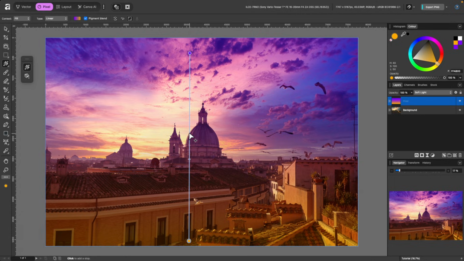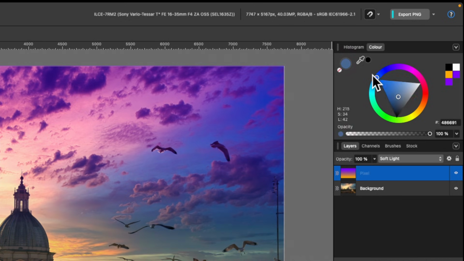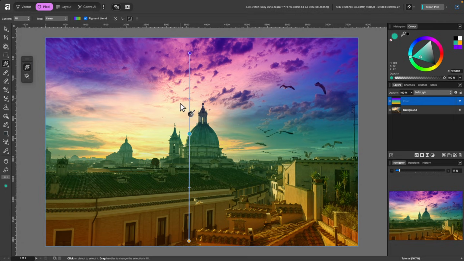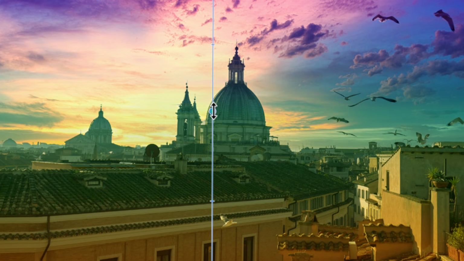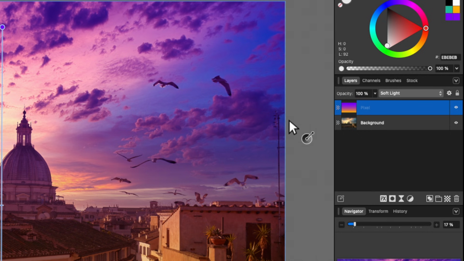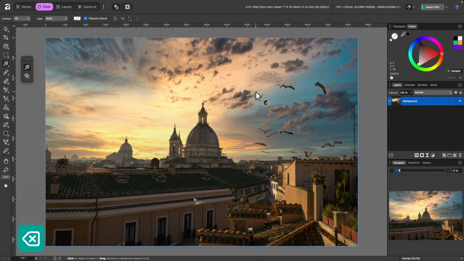I can actually continue adding more and more colors here. So I can click on this line and you see I have another color node. Now I can go up and assign a different one to that. Maybe I'll choose this kind of blue color here, bluey green. And it obviously looks a bit ridiculous, but you can do that. If you no longer want it, just select it and press delete on the middle. So I'm back to my two nodes again. And of course, I can just delete the pixel layer here, just press delete, and we're back to our original image.